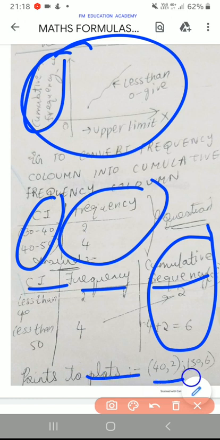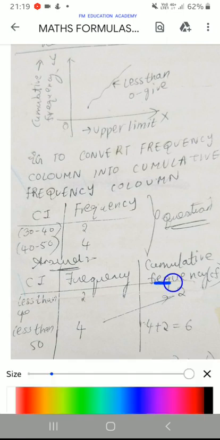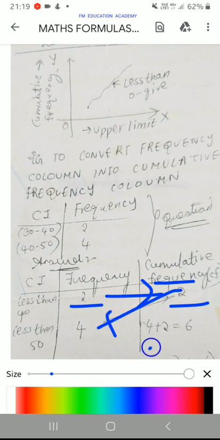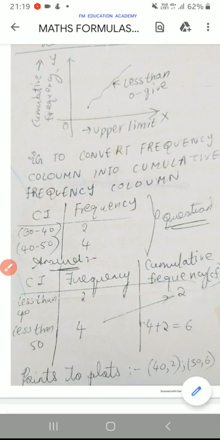Okay. For example, see here, I'll tell in brief how to find out CF. First row will be as it is, second row will be 2 plus 4, that is 6. Okay, similarly you have to proceed like this. Then you have